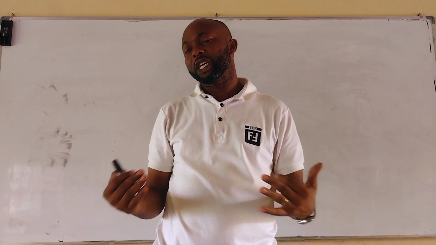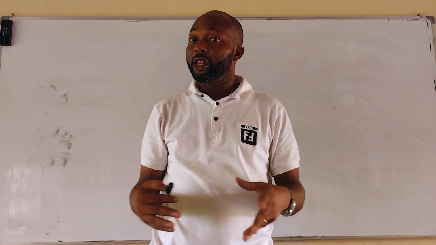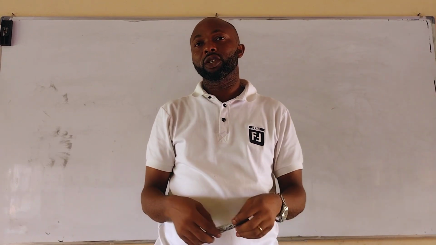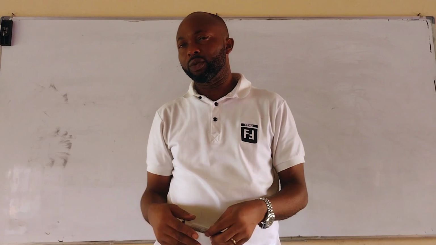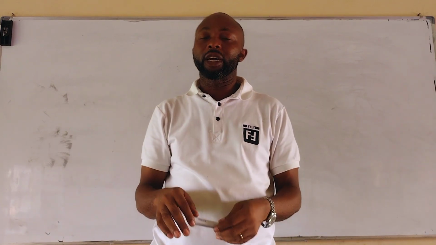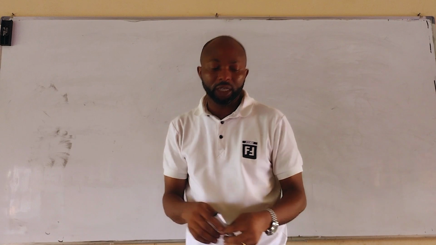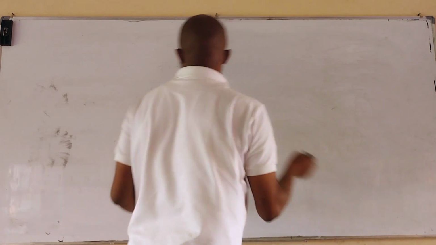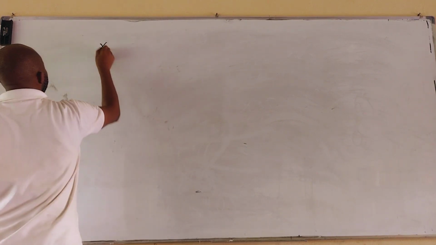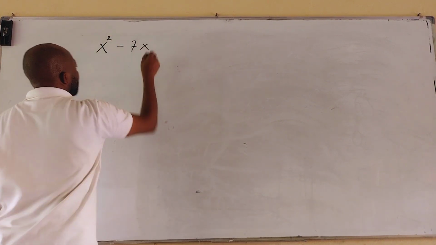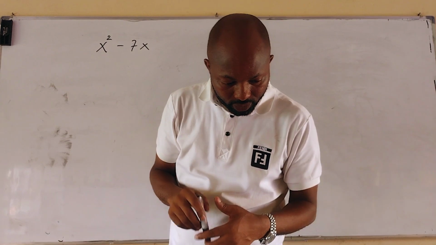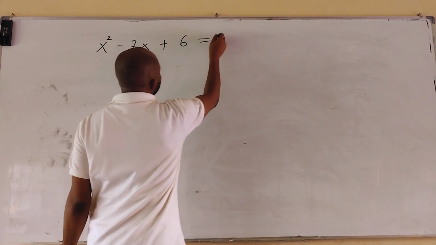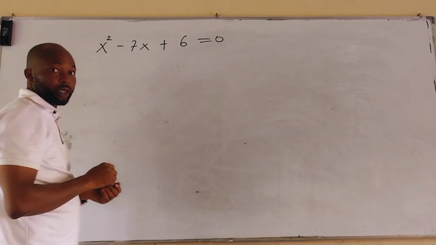A lot of people have challenges, especially when it comes to getting the factors in the question. So today we're going to show critically how that can be resolved without much challenge. We're going to take a question which is x squared minus 7x plus 6 equals 0. So if this is our question,